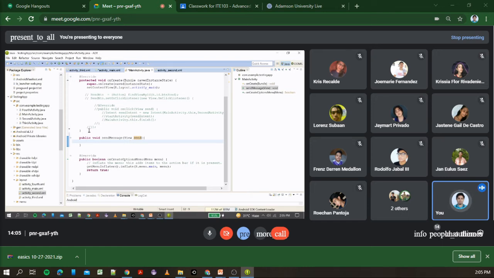So after creating the method, we are going to code what the method will do when the button is clicked. Ano? Pag napindot yung button, ano ang gagawin ng method na 'to? Kasi ito yung tatawagin natin mamaya doon. So, since nasa layout natin,